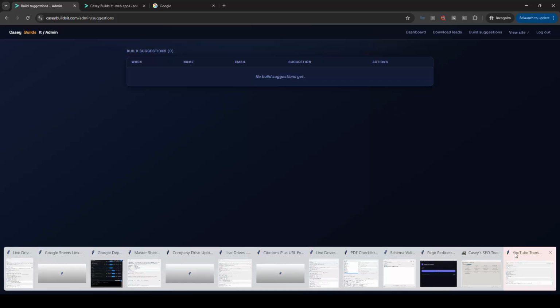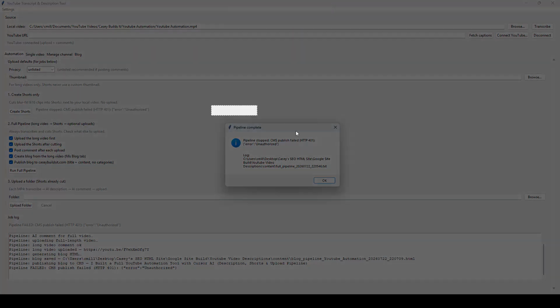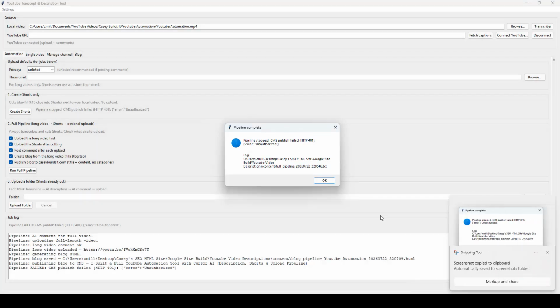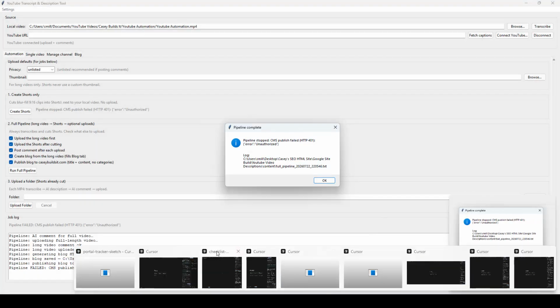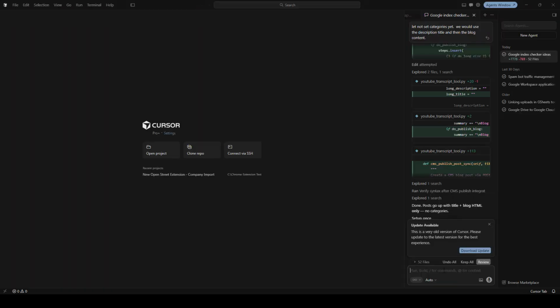So just real quick, it looks like something might be done. It says the pipeline was stopped. My CMS publish failed. All right, it said it was unauthorized. So what we're going to do is I'm just going to copy and paste. We're going to go back to Cursor. So I don't know what the issue is at the moment. Like I said, I have not tested this yet, but we're going to find out. Okay, so